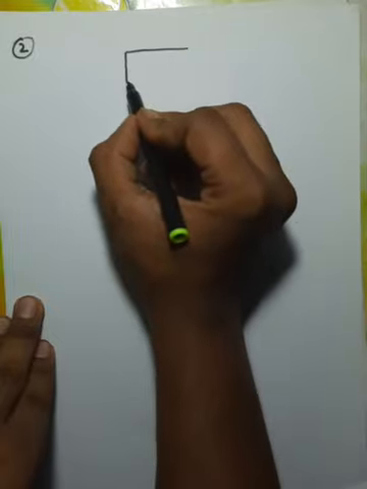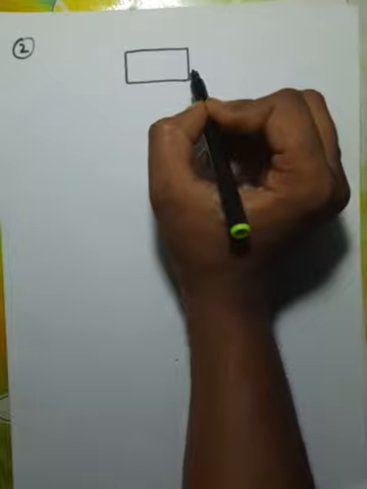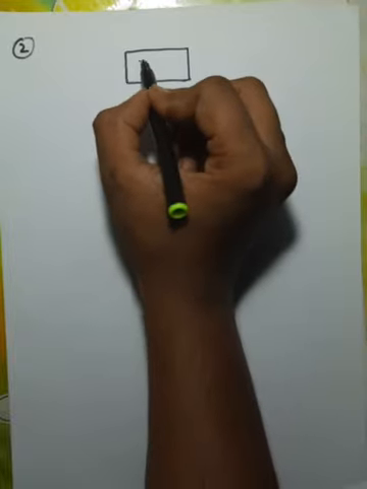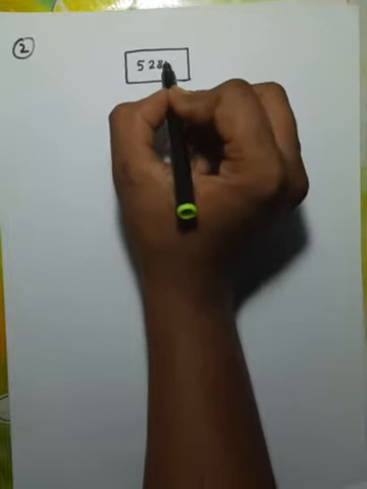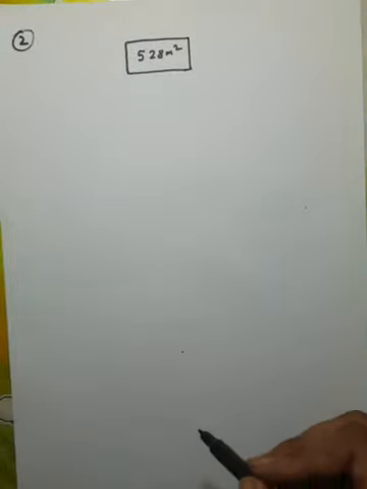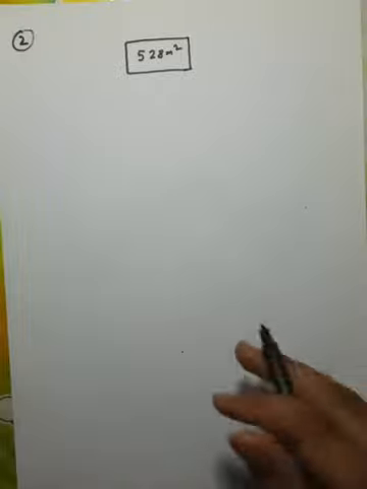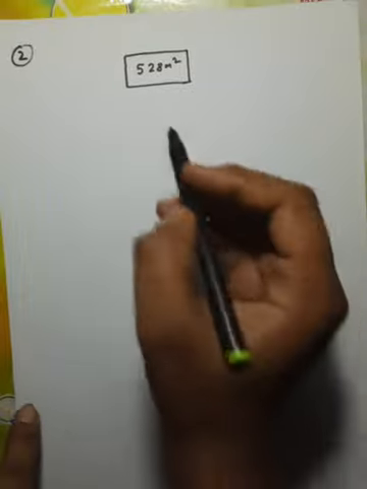So it is given, there is a rectangular field. Suppose this is a rectangular field, and it is given the area of the rectangular field is 528 meter square. Okay, and it is given the length of the plot is 1 more than twice its breadth. Okay, so let